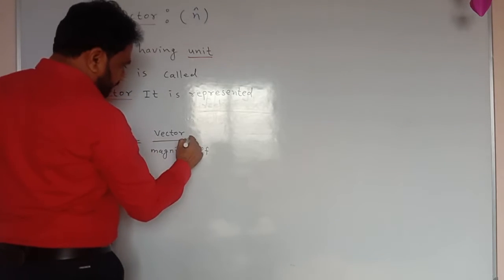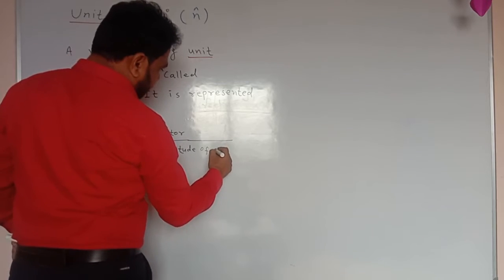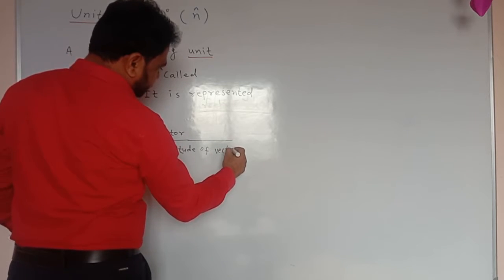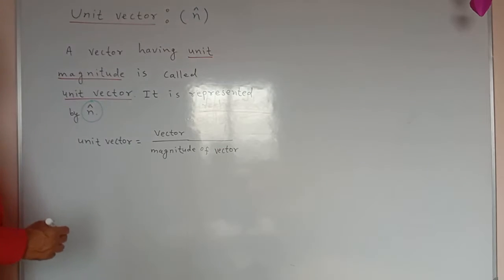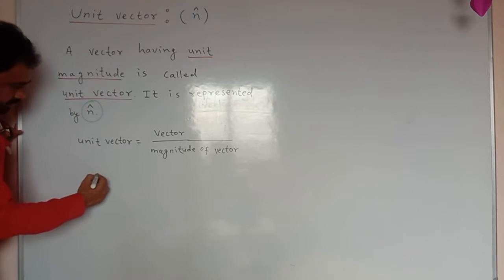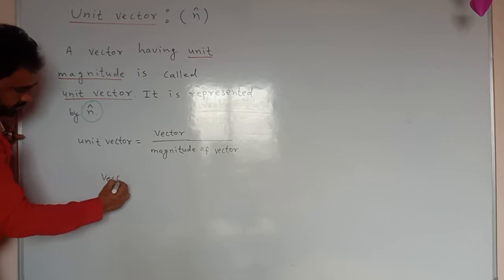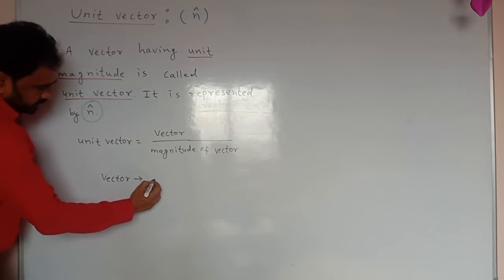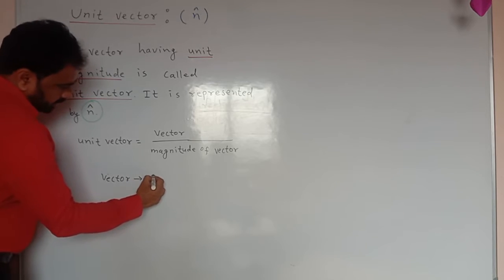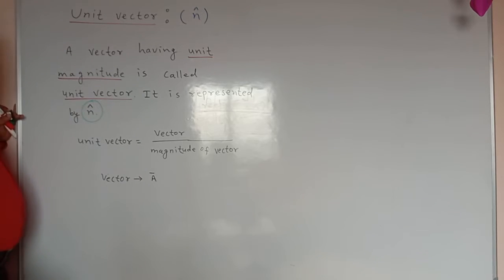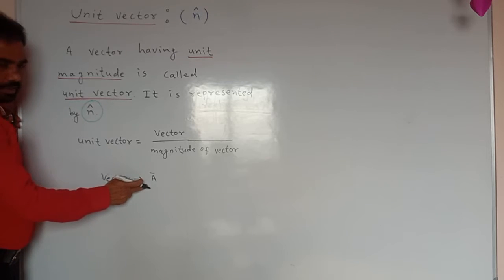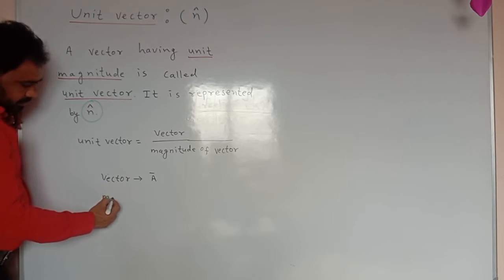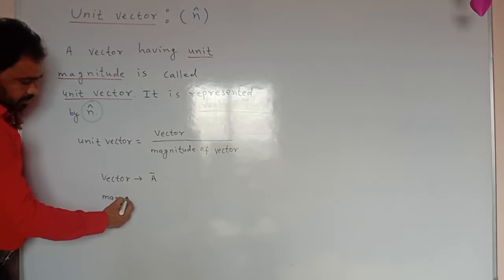Vector upon magnitude of vector. So suppose we are considering vector A. This is the representation of vector A, and if we want to represent the magnitude of vector A,